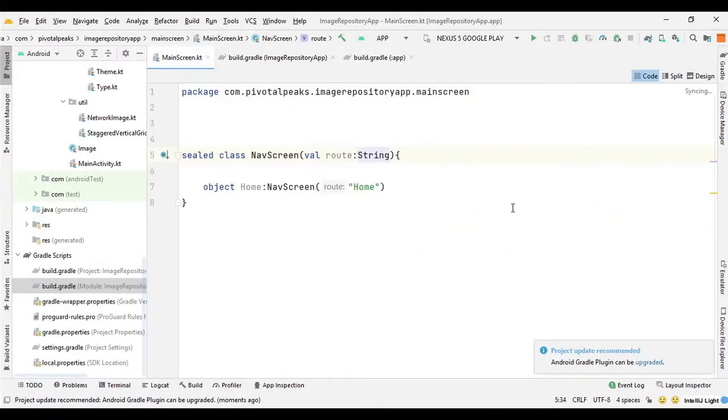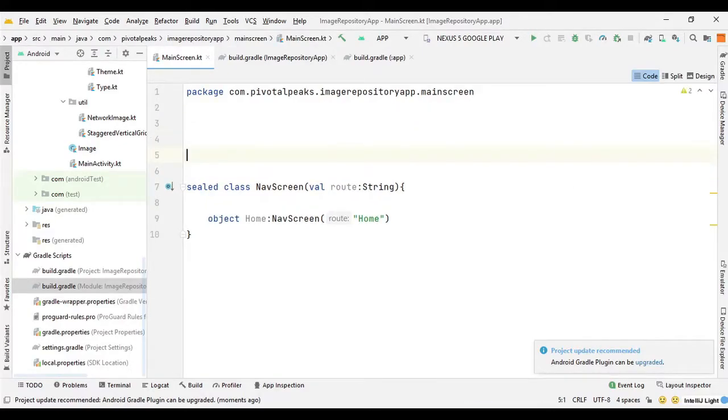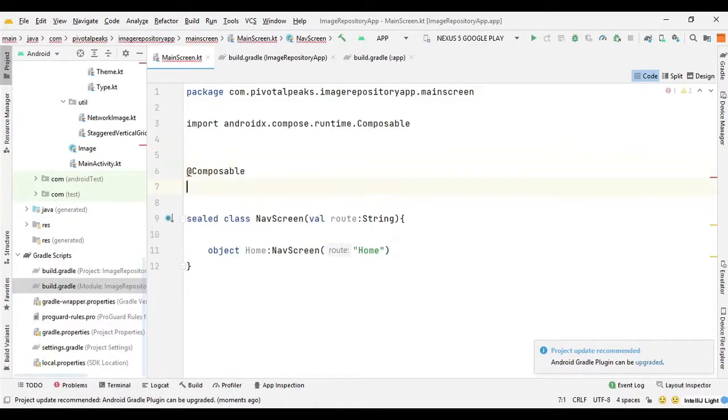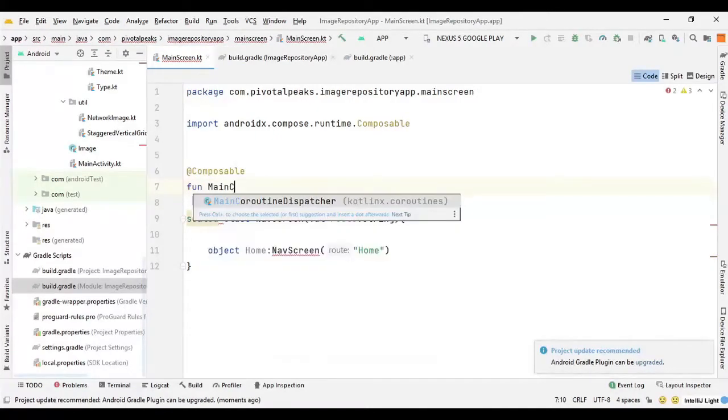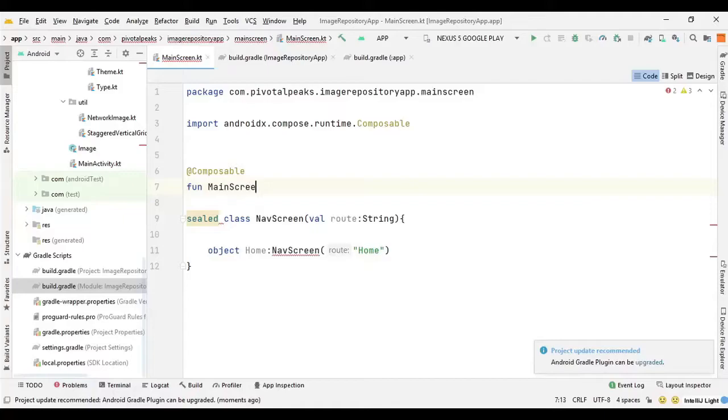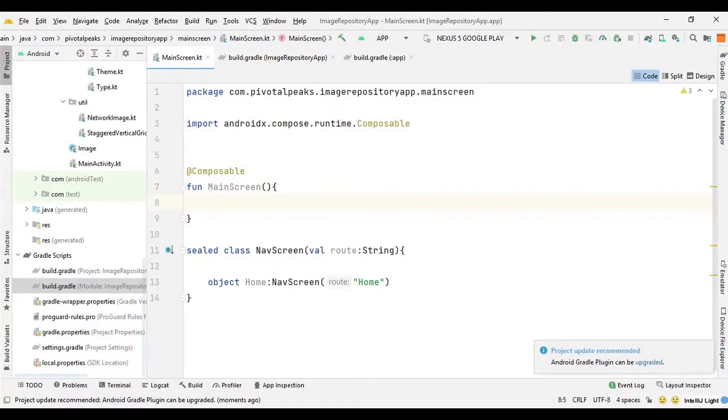Now back to main screen, and now we can create our main screen function. So we can add a composable function MainScreen. Here we need to create a nav controller first.